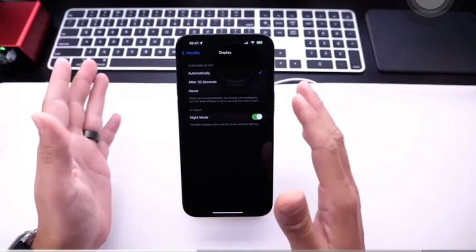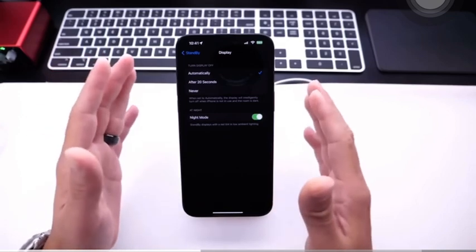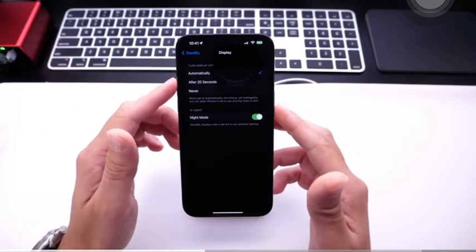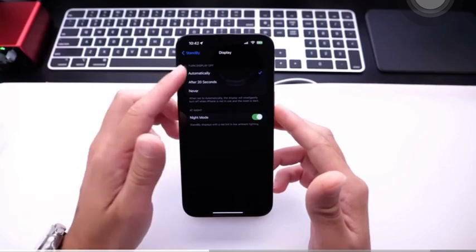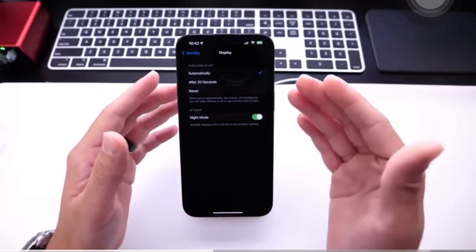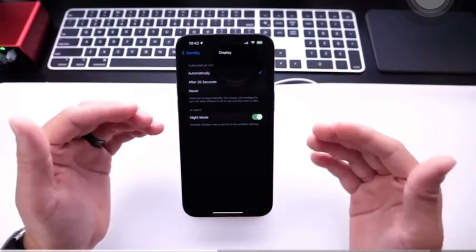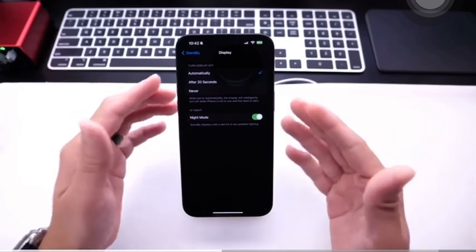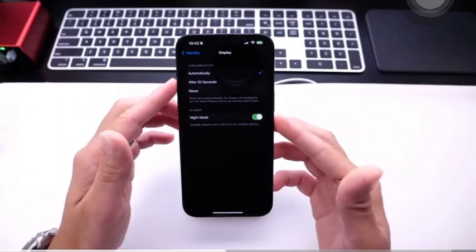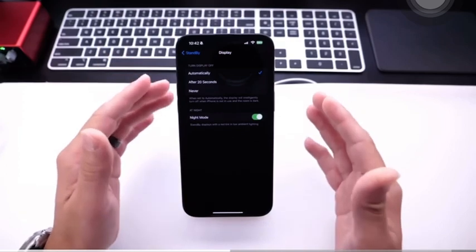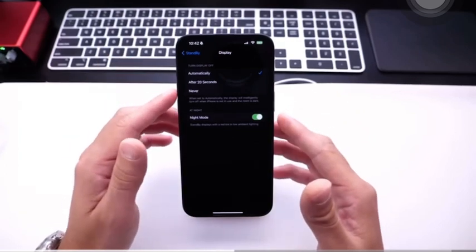Now, every other iPhone will shut off in 15 seconds automatically, but on always on display devices, you can choose to turn off the display automatically, which will use the iPhone's motion and proximity sensors to determine when to shut off the display. Or you can choose after 20 seconds, which no matter what, the iPhone will shut it off in 20 seconds, or never, of course, it will never